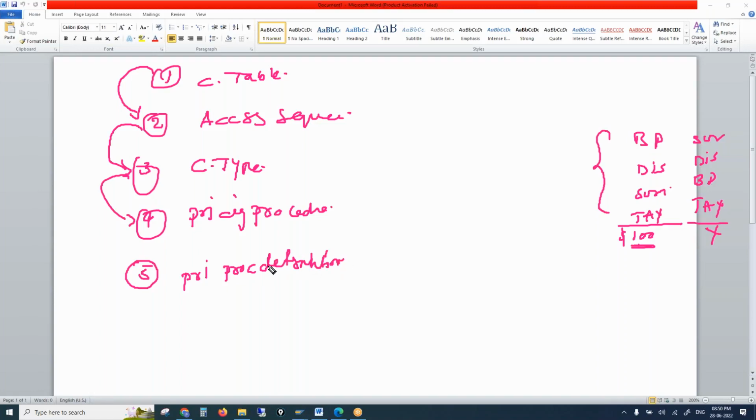I'll tell you 3 questions on this, and out of these 3 questions, 1 question you'll face. That important this is, but we'll do it only once. Pricing procedure determination is the 5th step. These are the steps we do in SPRO as a consultant. This is our role. The 6th step of pricing or condition technique is